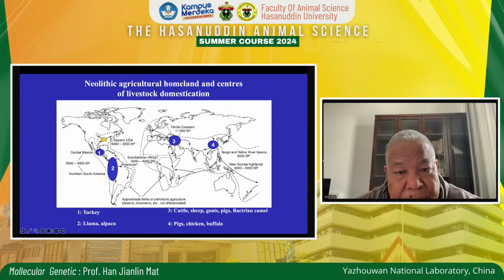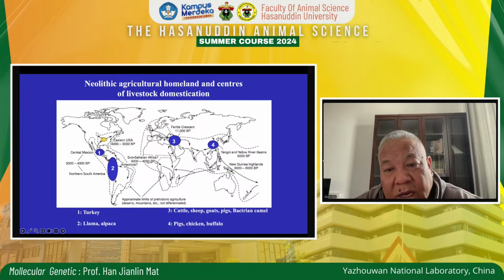And in the Fertile Crescent region, Near East, many species were domesticated 10,000 years ago, including cattle, sheep, goat, even pigs. That's number 4 in the east part of China, where maybe the pigs from East Asia,